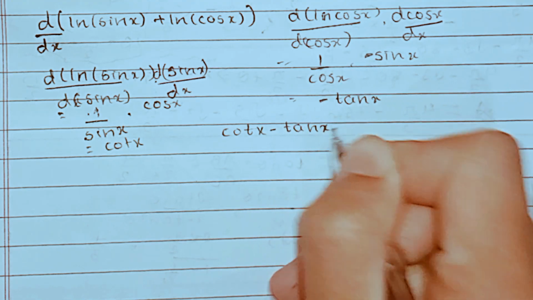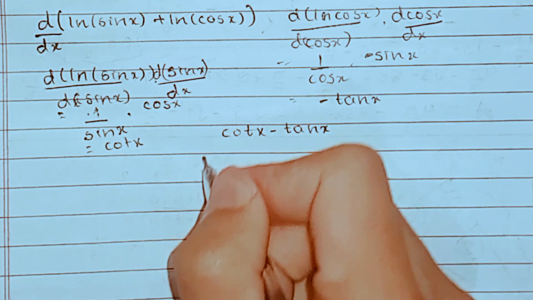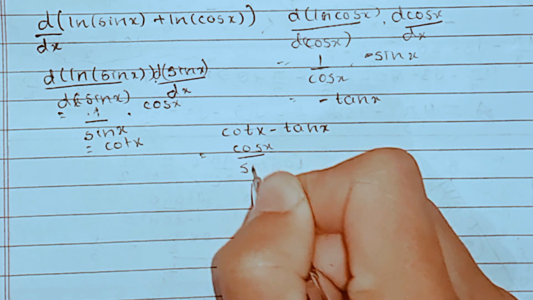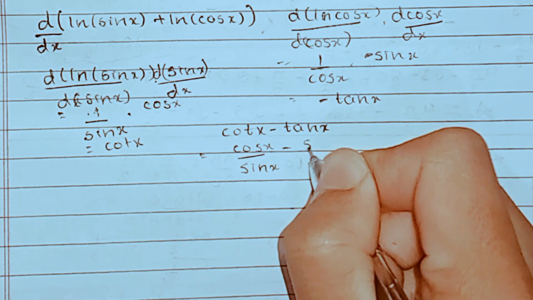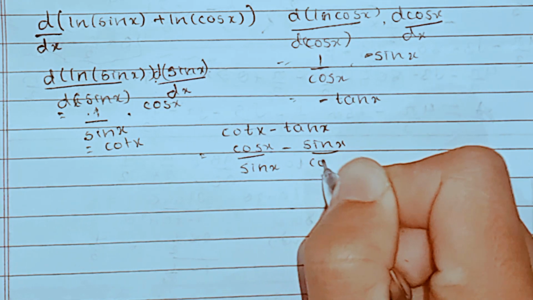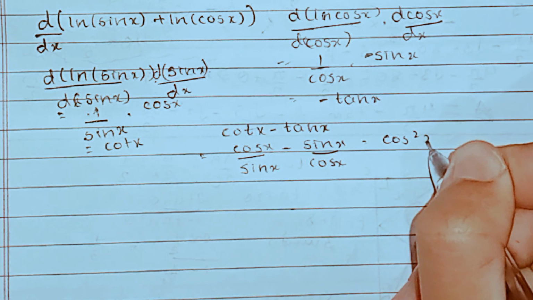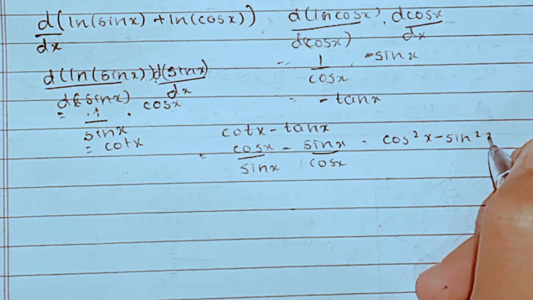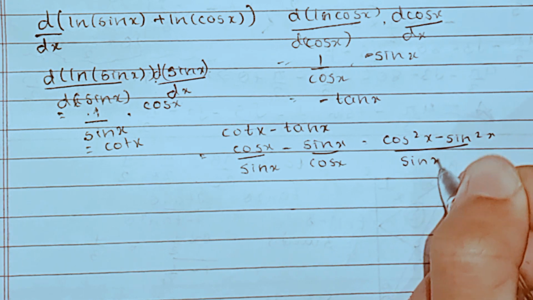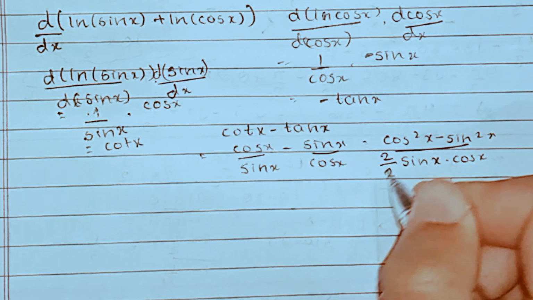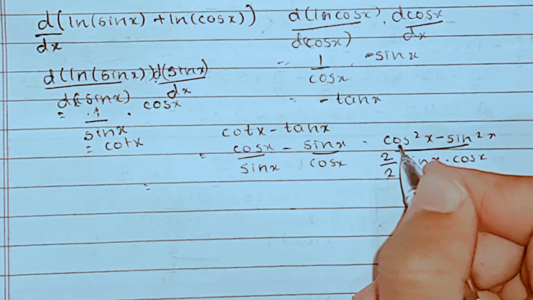But we can write it in a simpler form too. For it we will just take the formula: cos x upon sin x, minus sin x upon cos x. So this will be cos squared x minus sin squared x upon sin x cos x, taking the LCM. If we just divide and multiply by 2 in the denominator, we will get cos squared x minus sin squared x